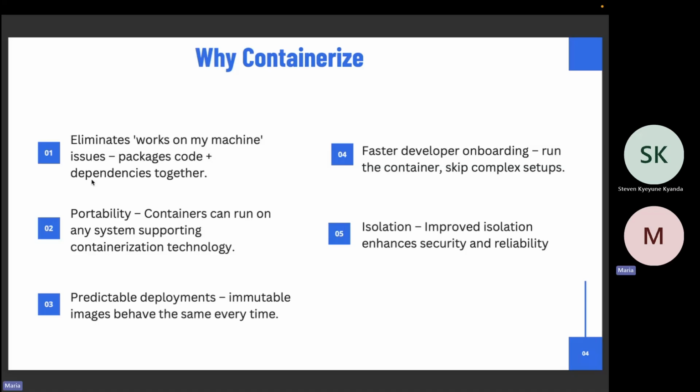So that brings us to the second reason, that is portability, where containers can run on any system as long as that system supports the containerization technology that you've used. So currently we have some containerization technologies, the commonest is Docker.